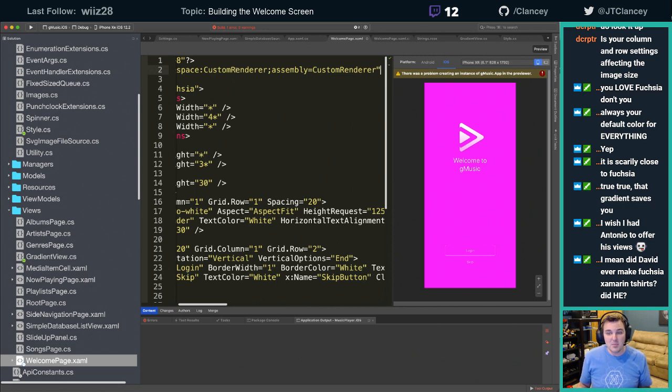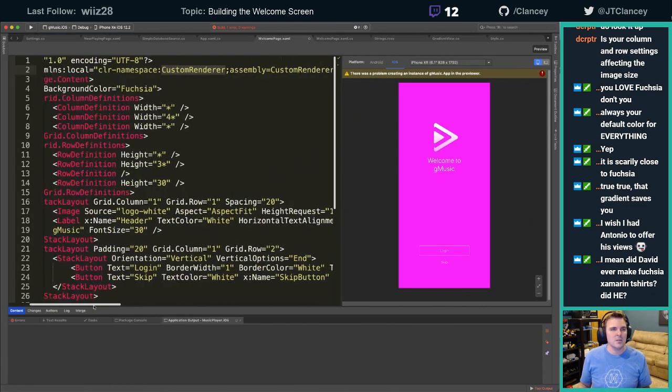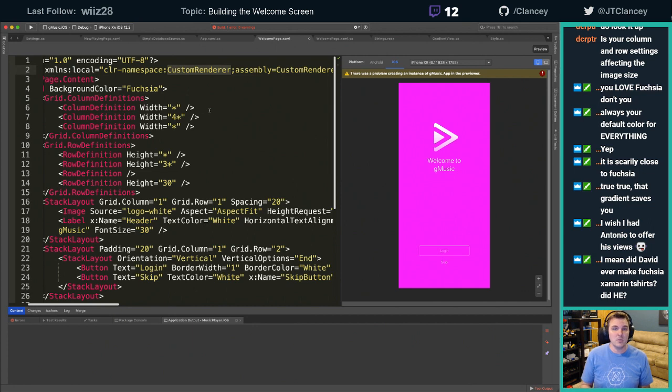David practically did use fuchsia. No, he used, all of his were like Easter colors. He went as muted as possible instead of using the bright colors. Those were, I still wear them, not gonna lie, I still do. But